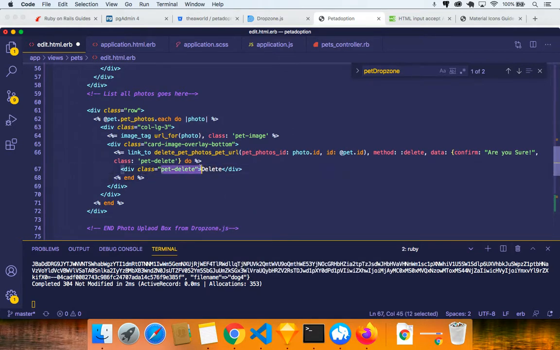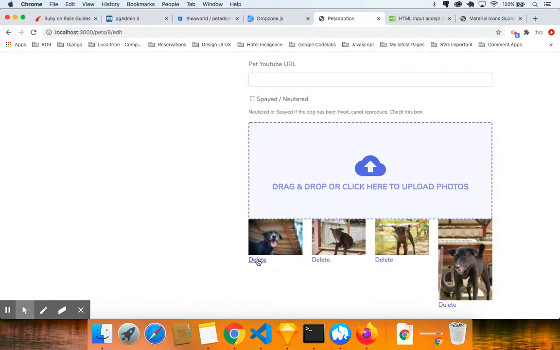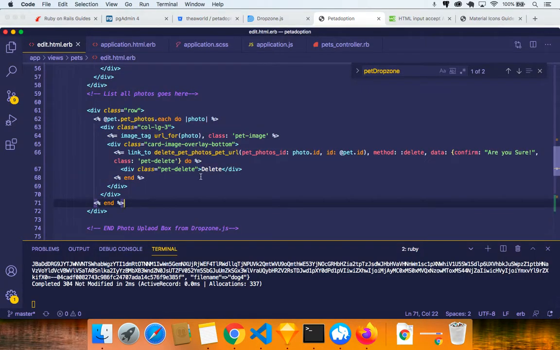Now I'm going to take this pet delete, and this is going to look pretty ugly now. If we come here, it's just going to have delete on it. At the bottom left corner, I don't know if you see pet photos ID is 5, so let's delete that ID. What I want to do is move it up, and give it a linear gradient. So next, that brings us back to the application.css, and we need to start